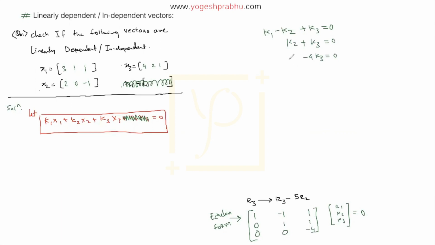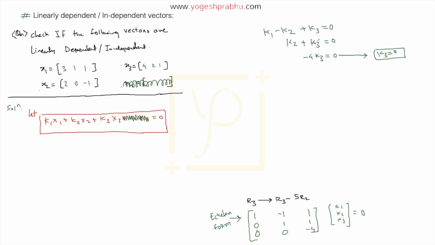So we've got these equations, and from here it is going to be very simple to find all the values of k1, k2, k3. Now this equation will tell you minus 4k3 is equal to 0. That simply means k3 has to be 0. Otherwise, how would minus 4 times k3 become 0? The k3 has to be 0, right? So 0 times minus 4 will become 0. So the first thing I got is k3 equal to 0.